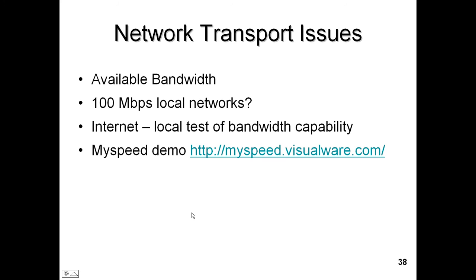Now, when we're looking at network transport issues, we think about the available bandwidth. We've already discussed how in our local network we've got a lot of bandwidth, and our bandwidth is really limited, assuming our cable and connectors are good, by the throughput of the network switches. But our internet connections are going to be much, much smaller than our local area connections. So where you're going to see issues is on the internet,